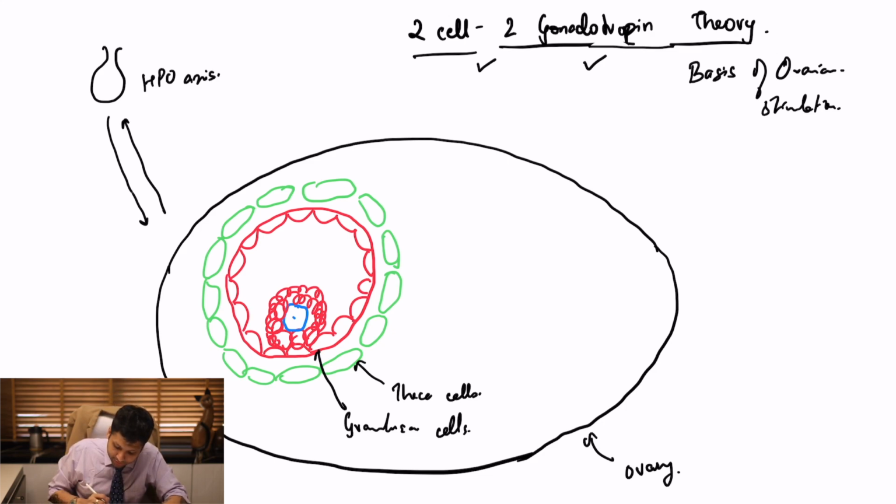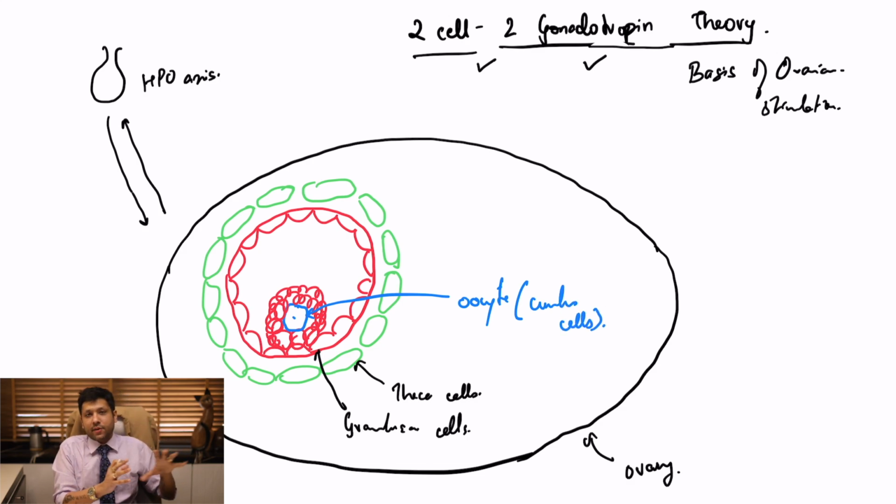Okay, what is important for people to understand is that the oocyte, let me just label this for you. The oocyte actually is going to secrete autocrine paracrine factors which control the cumulus cells. So let us take the cumulus cells out of this equation. Remember that it is the oocyte which controls the cumulus cells. All right. The granulosa cells.